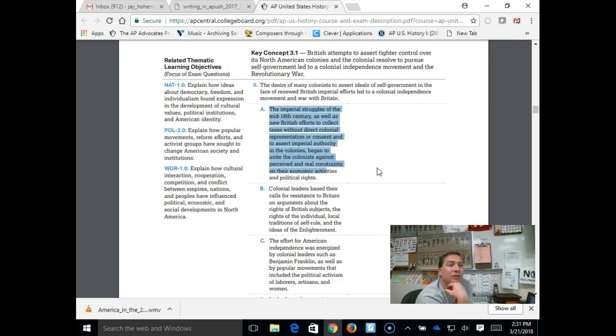But with these taxes, you can't just laundry list and say, Sugar Act, tax on sugar, made colonists mad, Stamp Act, made colonists mad. Instead, specifically, you have to build a story. How is it leading to a break between the colonists and England? So take a minute with your neighbors, figure out what your list would be, and then we'll run through them to see if we can assemble a cause and effect story about how these are the causes of the American Revolution.